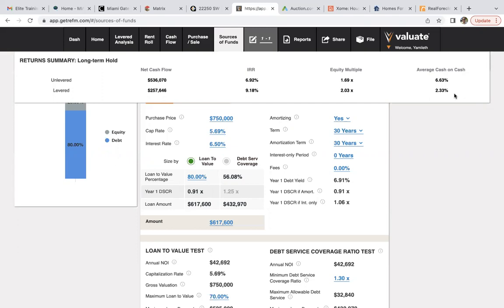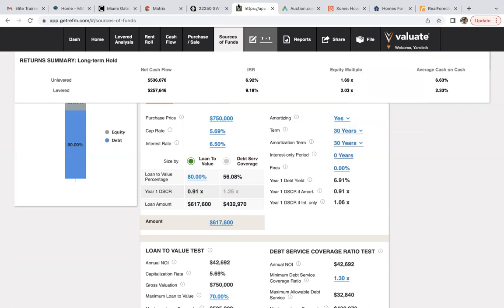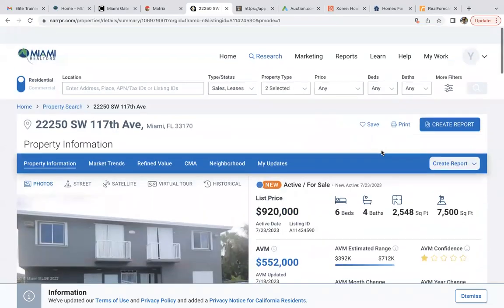2.3% cash on cash. To present this to your customer, you click on File, Export, and you can always export into a PDF file. You can also export into Excel. All right, so there are many ways that you guys can create exports. All right, so again, we have the Valuate tool, which is inside of every property in RPR, whether it be